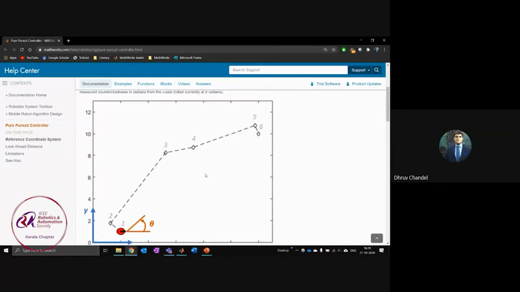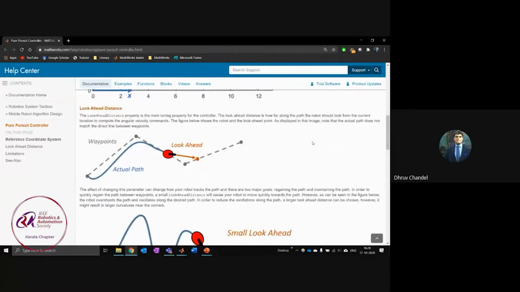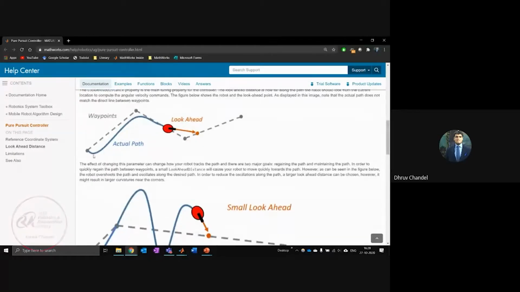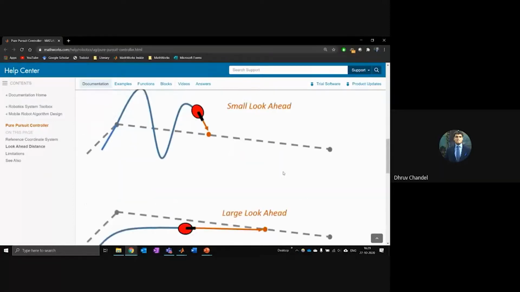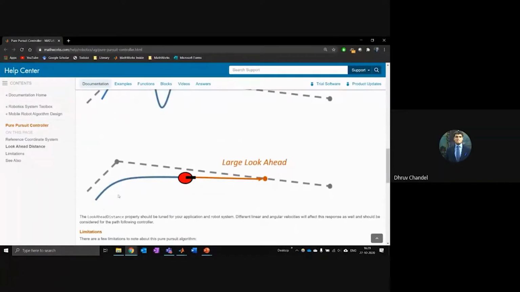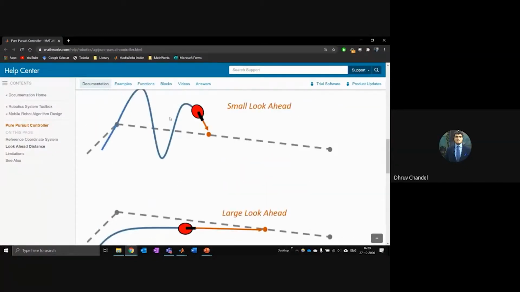So in the case of a pure pursuit controller, let's say that this is the path that I have to follow, this dashed line. My system looks ahead, and then basically it can steer according to the path. If you use a small look ahead distance, it will try to oscillate a lot to follow that quite closely. If you use a large look ahead, it will try to generate a very smooth curve to move smoothly from that position. So which one you should choose depends on your application.